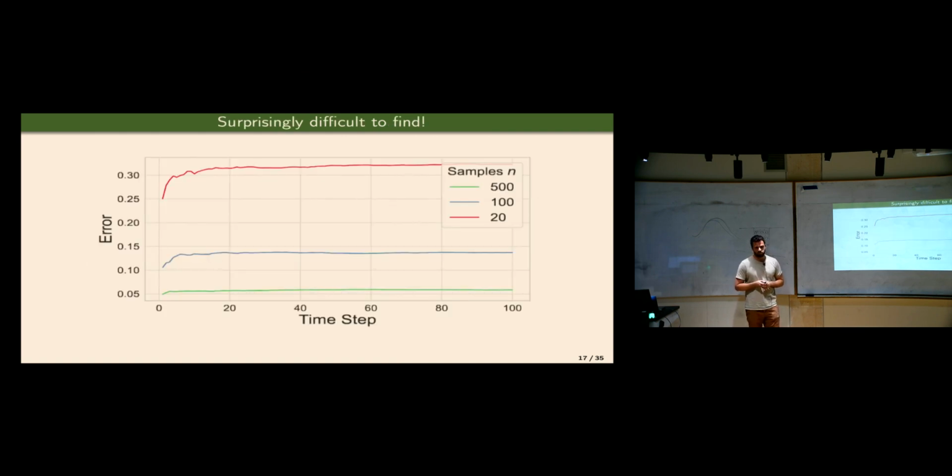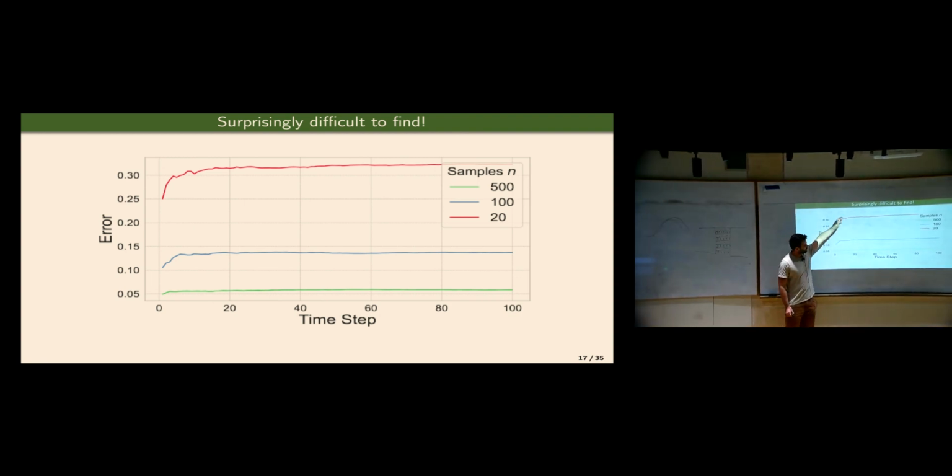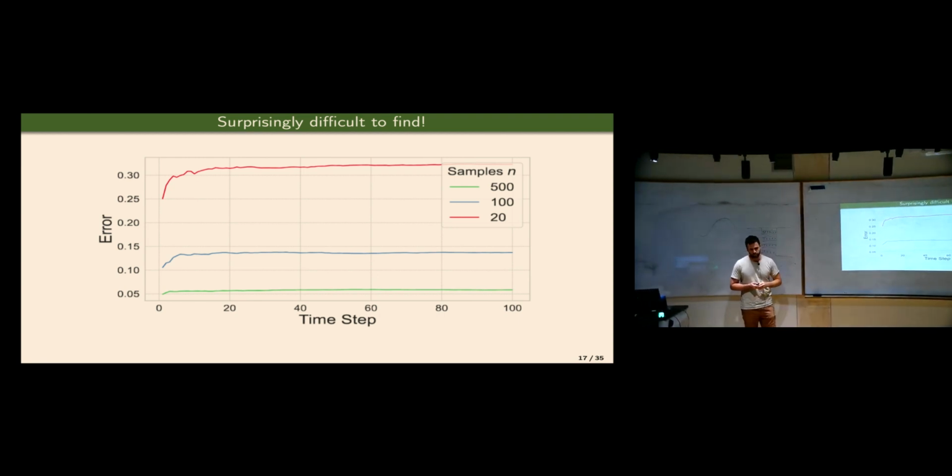And experimentally, it was extremely difficult to find an example where you do this repeated training and you accumulate data and it breaks. It was very, very difficult. Almost always it looked like this, where on the x-axis I have the number of times I repeat the iteration, and on the y-axis the error. The first time you get some non-negligible error and it grows a little bit, but very quickly it plateaus and that's it. Almost any distribution I tried, this is what the graphs look like.